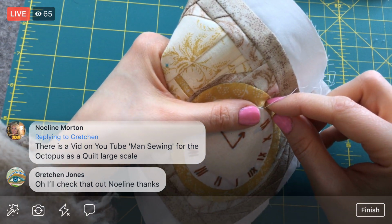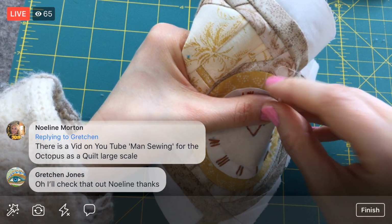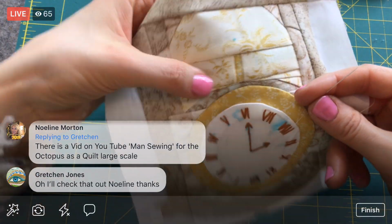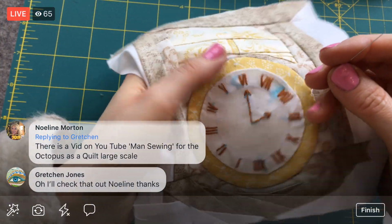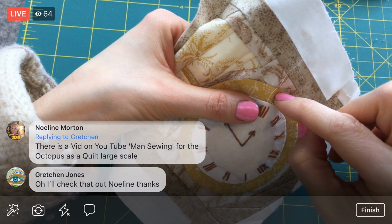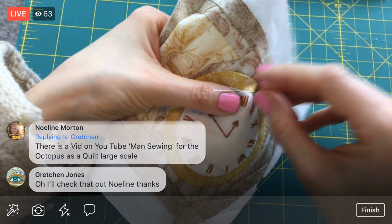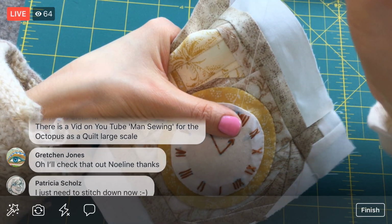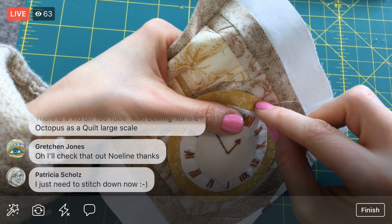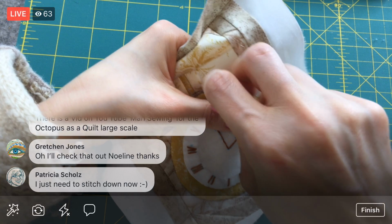Okay, we're like 3/4 of the way around. So I'm thinking we'll for sure get this part done and that other circle will at least get started. So I am going to sew the button on before I quilt. And that's always a thing that some people wait to sew all their doodads on till after it's quilted. And I think the main reason for that is if you are,